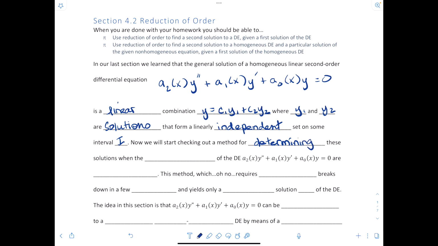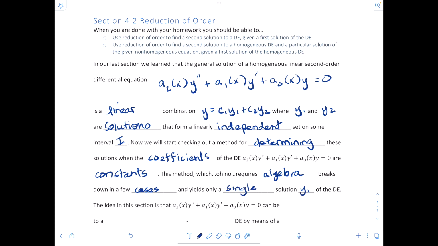Now we will start checking out a method for determining these solutions when the coefficients of the differential equation, the same one that I wrote before, are constants. This method, which requires algebra, breaks down in a few cases and yields only a single solution y1